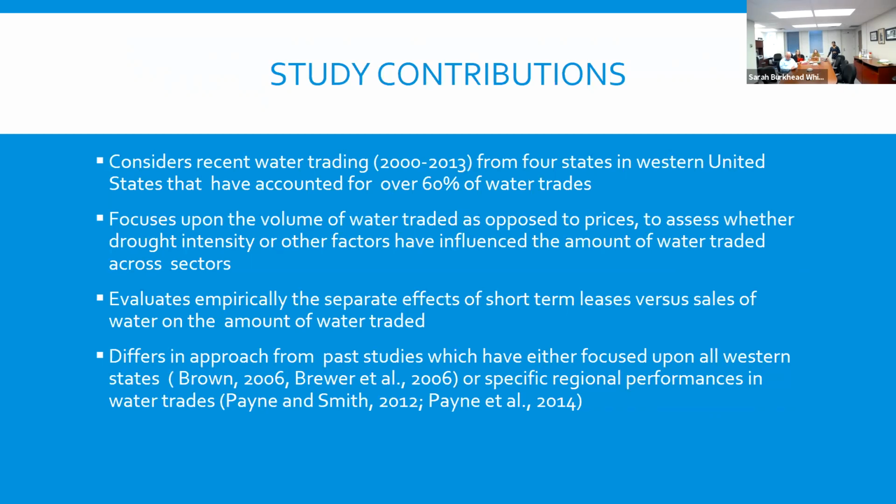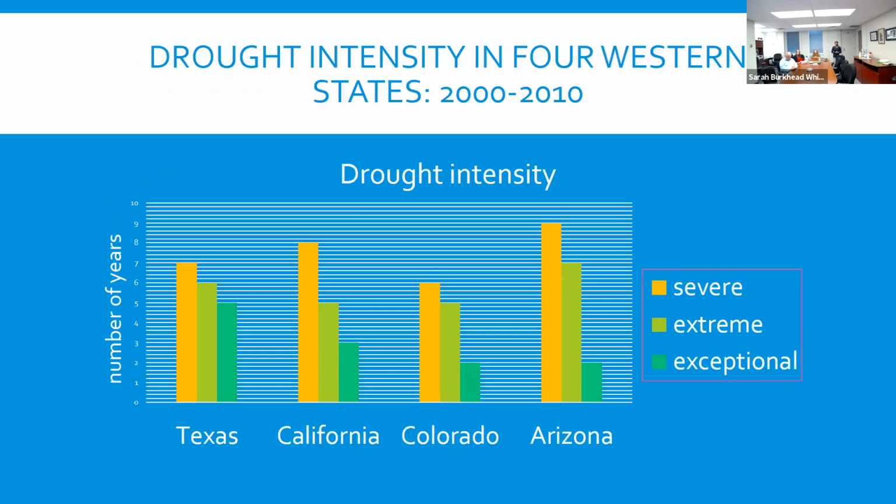So this is just a picture overview of some of the drought intensity. These are some of the severe, extreme, and exceptional droughts. It comes from, and I will show the data source, the National Oceanic and Atmospheric Administration's published drought monitor indices. They publish these every year, especially during the summertime. They have lots of maps coming up.